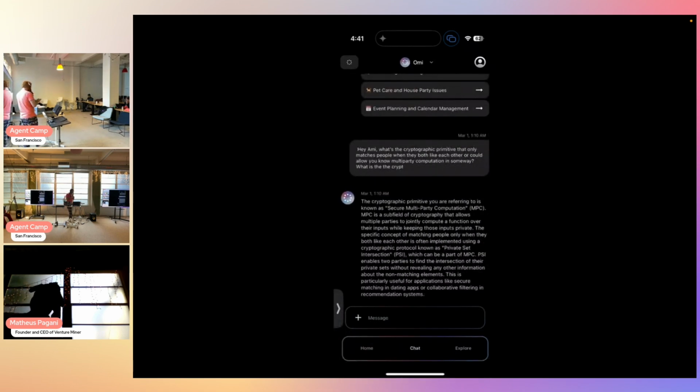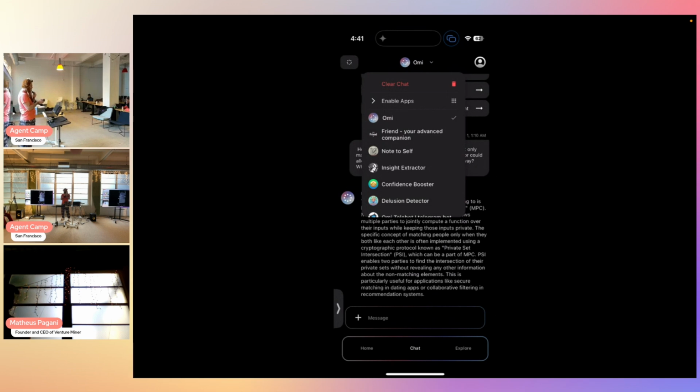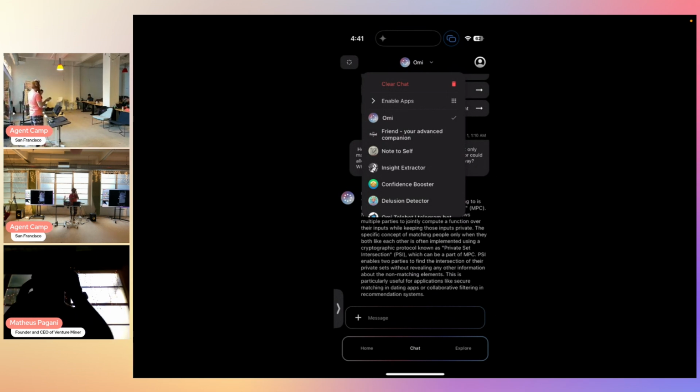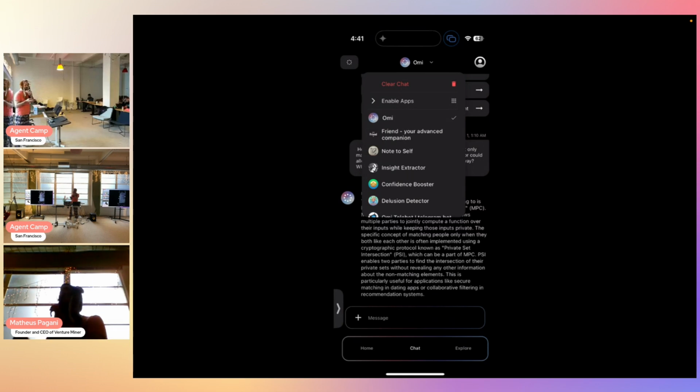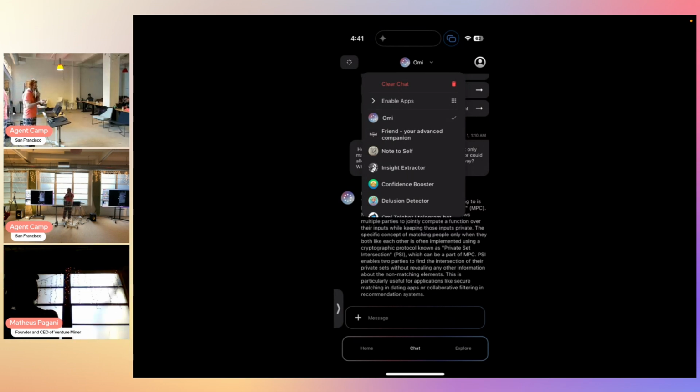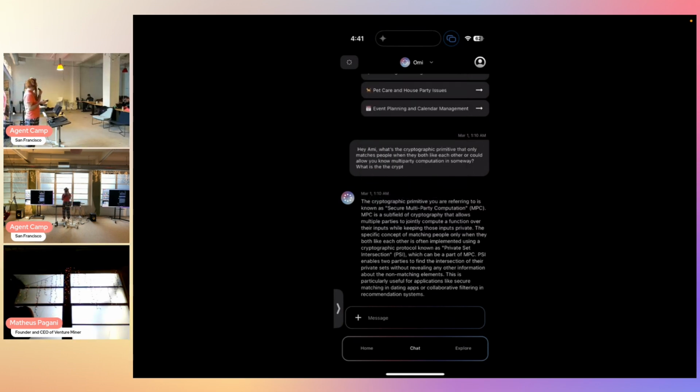And those bots are in here. These are OMI apps. If you enable an OMI app, you basically get a personality you can talk to that has access to all of your data. All that data the OMI is capturing is sent to a transcription server. That transcript is then sent to a vector database and shared with OpenAI to get LLM access via what we would call retrieval augmented generation.